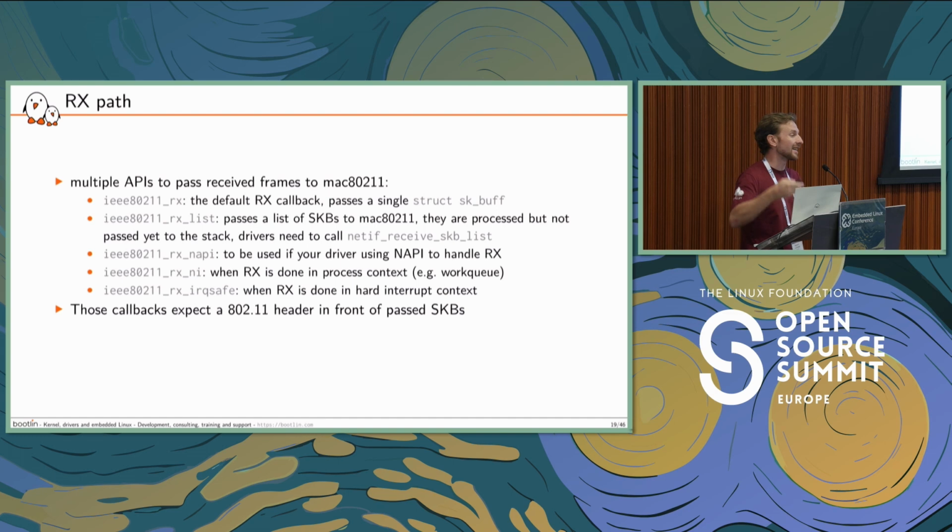Of course, I will likely use this kind of API in an interrupt chain, because this is how my device will notify me about a new packet being present. And I have different versions depending on whether I want to handle some queuing in my driver, if I want to do it directly in the interrupt, and so on. In any case, there is one constraint about this family of API. I need to have an 802.11 header at the beginning of this SKB. This is what those APIs expect.